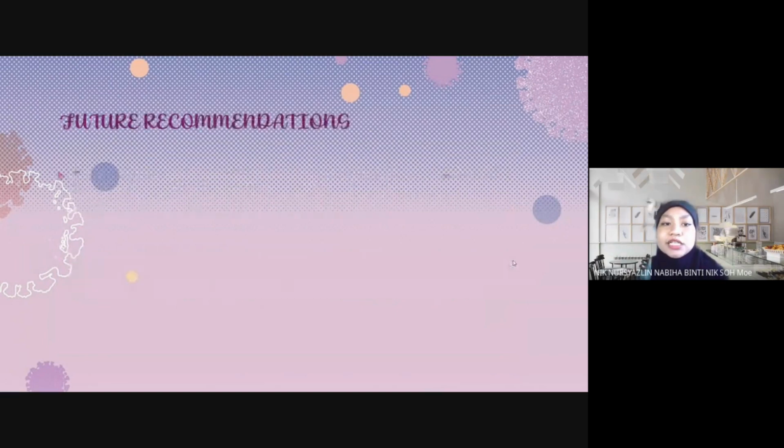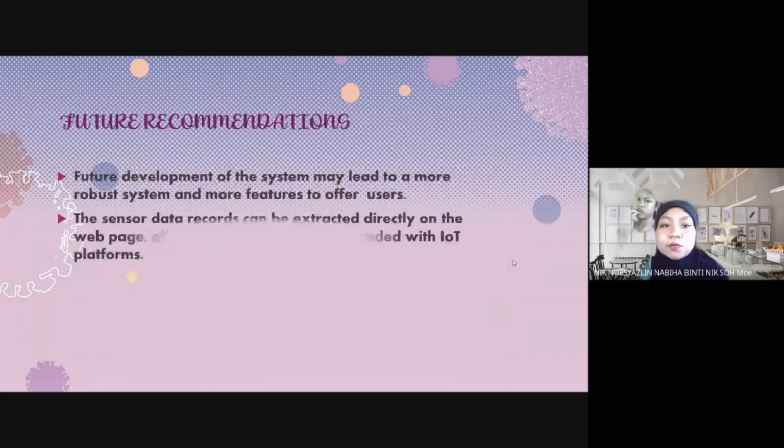Future recommendation: future development of the system may lead to a more robust system and offer more to the user. The sensor data record can be extracted directly on a web page, allowing the system to be extended with